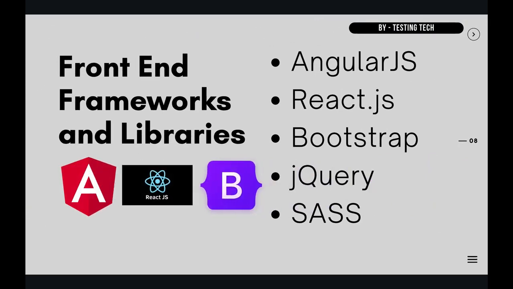Let's discuss front-end frameworks and libraries. There are several front-end frameworks and libraries which include AngularJS, React.js, Bootstrap, jQuery and Sass. AngularJS is a JavaScript open source front-end framework that is mainly used to develop single-page web applications. It is a continuously growing and expanding framework which provides better ways of developing web applications. It changes the static HTML to dynamic HTML. It is an open source project which can be freely used and changed by anyone. It extends HTML attributes with directives and data is bound with HTML.